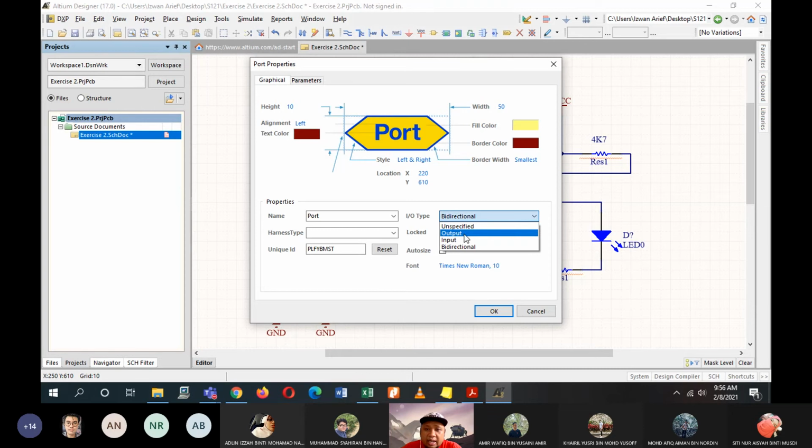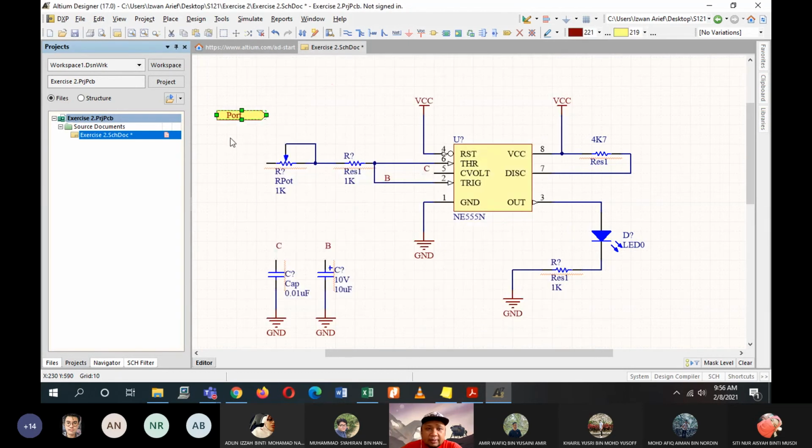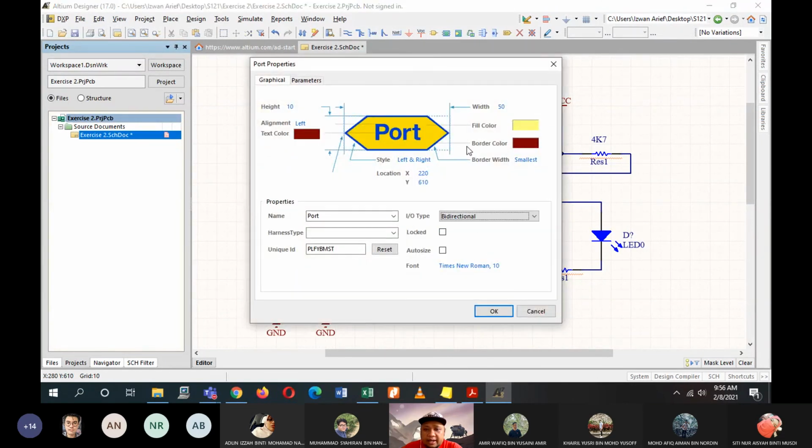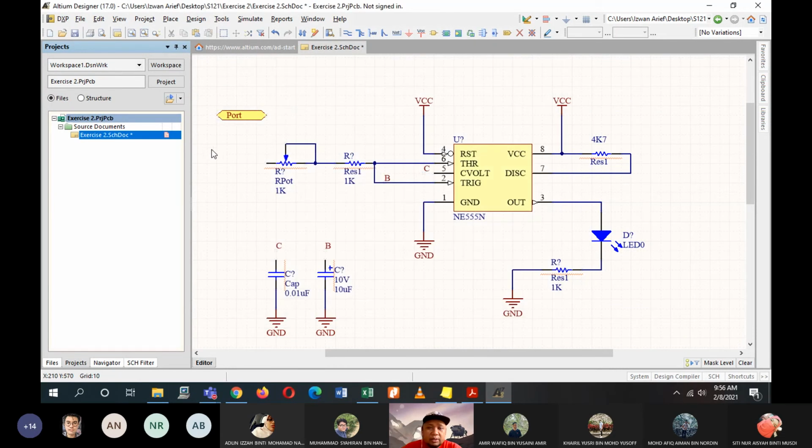Kalau you letak output, then dia akan ada satu saja. Main connection dia keluar dekat sini. We want this port to be bidirectional so that dia akan tajam dekat dua-dua belah lah. So sini tajam, sini pun tajam. Right? So you place them here and then create the connection and then place another one somewhere here.